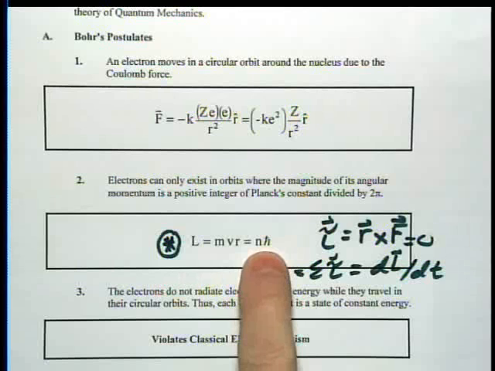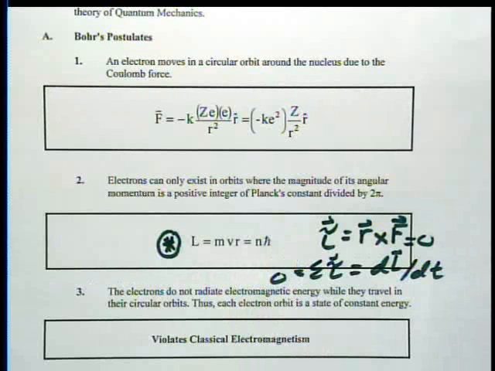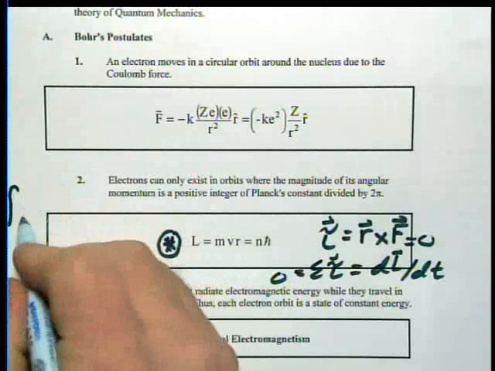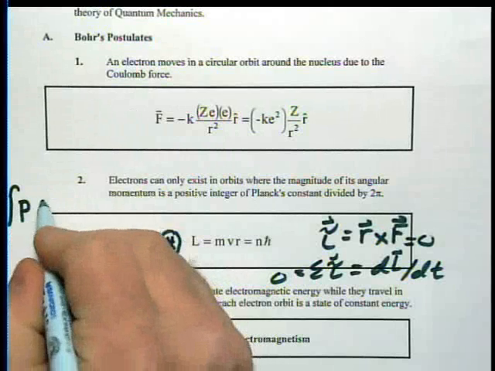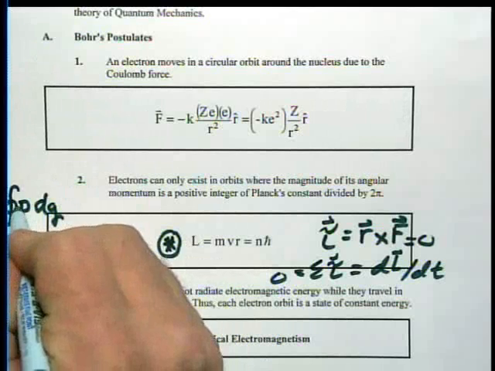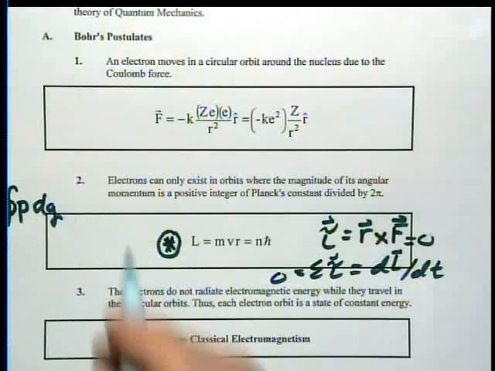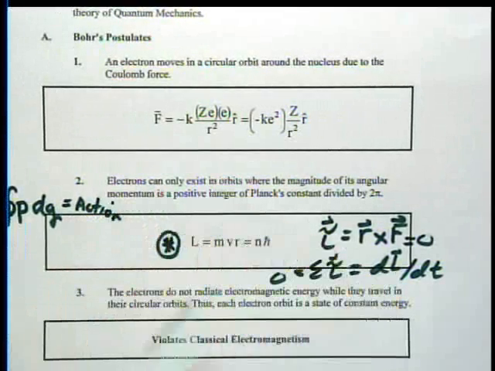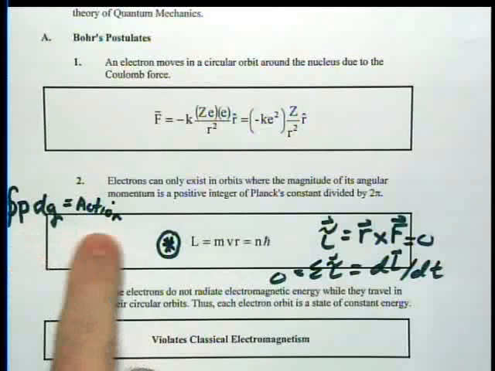So where the hell did 2 pi come from? The 2 pi comes from classical physics that says that if you integrate a generalized coordinate times a generalized momentum, and you do that over a cycle or a closed path, this quantity is called an action. And it tends to be important in classical physics. And when you're in the junior level classes, you'll actually look at some different methods of writing mechanics rather than just Newton's laws. So he knew about this action. And he knew that a lot of classical physics problems are solved that way.